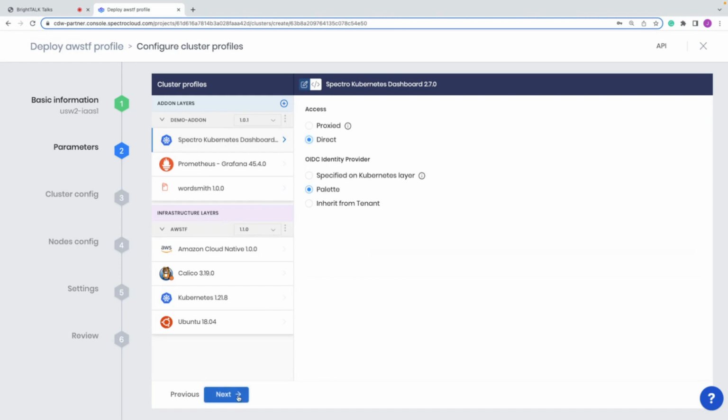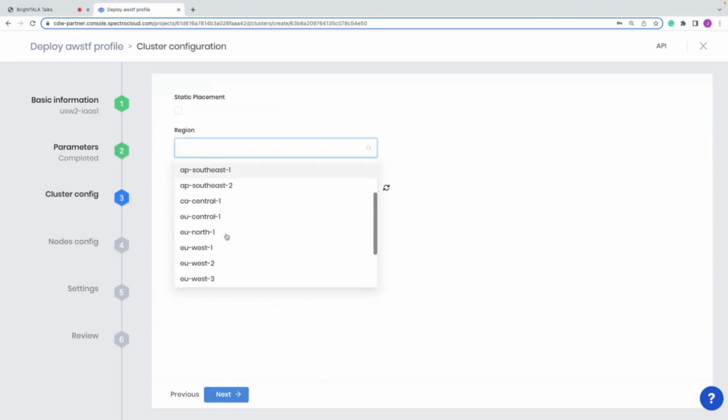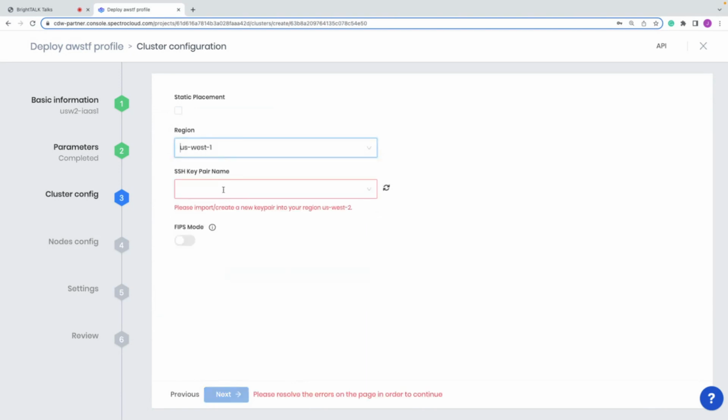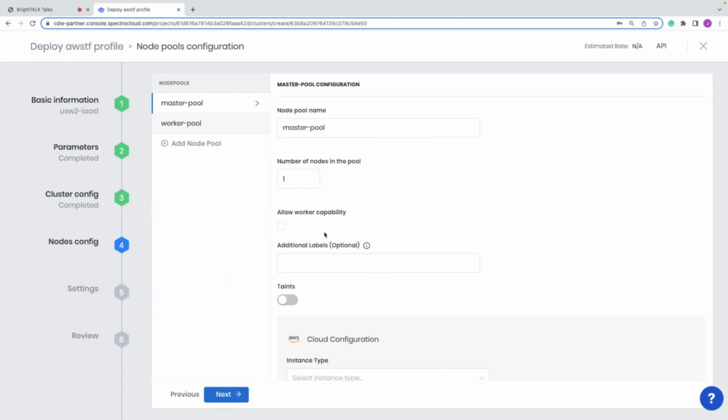So here I'll just make some final configurations just for our demo. I'll deploy this one. I believe I have room in US West 2, maybe US 1. Now, I've already created this key pair. I did that using the AWS CLI or the AWS GUI. Kyle, in his deployment, did everything via Terraform, so he didn't have to touch the GUI. Okay, so now through that cloud account, through Cluster API, I'm able to configure and manipulate resources in AWS right from the Spectro Cloud palette.